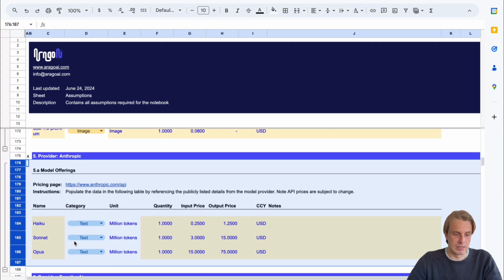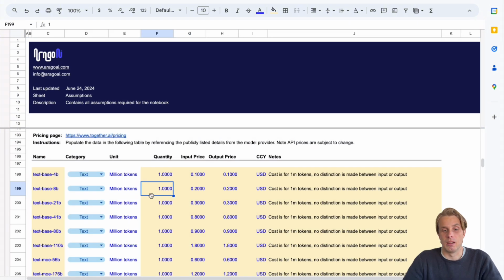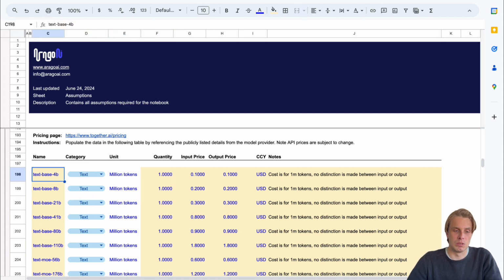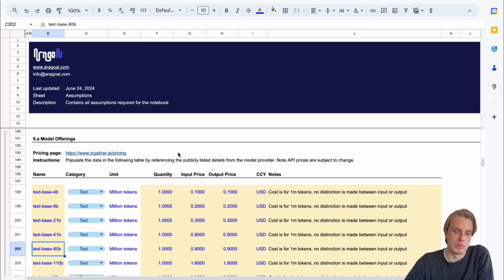Anthropic, the same here, and TogetherAI. TogetherAI is actually priced differently to the other providers in the above sections, in the sense that you don't actually have a price per each model. The pricing is based on the model parameter size. So for example, text-based 4 billion would suggest a 4 billion and under parameter model, and the numbers at the end here are the same. This should correspond though to what you see on the actual pricing page if you're looking to cross-reference these and